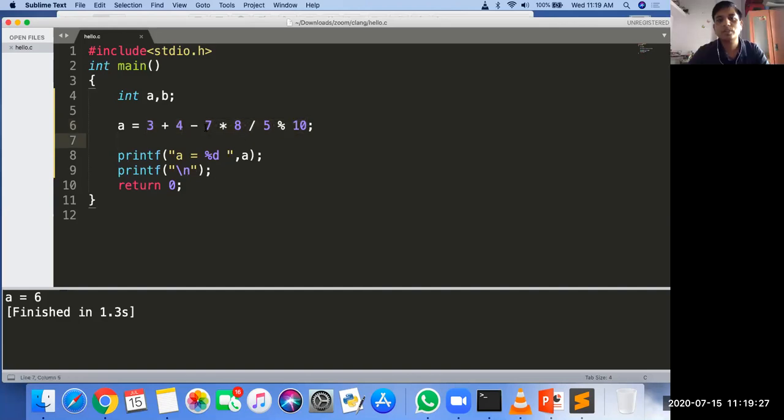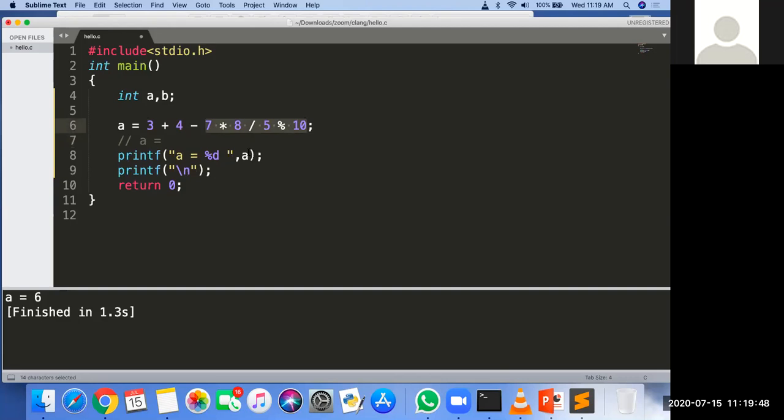Okay. Anyone having a doubt how it gets solved? First we have to add and subtract, no? No, because addition and subtraction have less priority than multiplication, division, and modulus. What is unary? When will you use that?